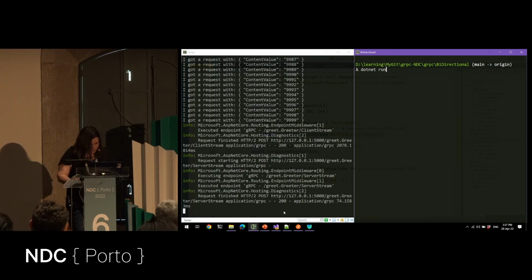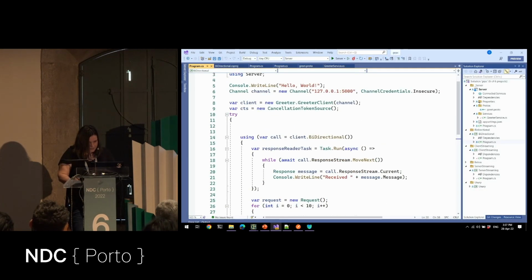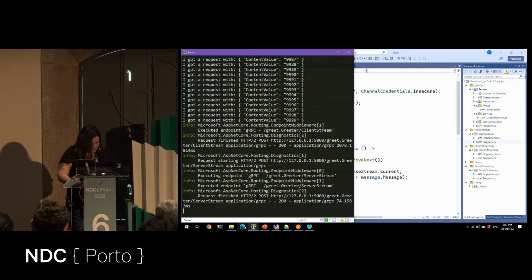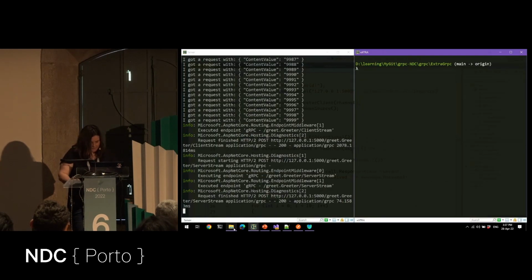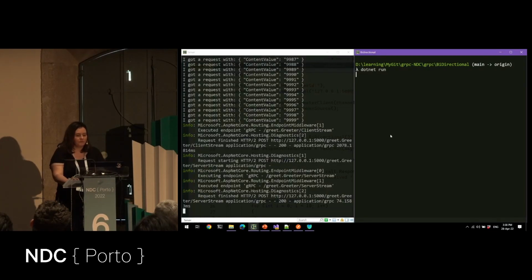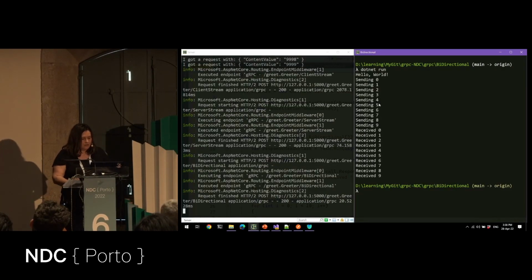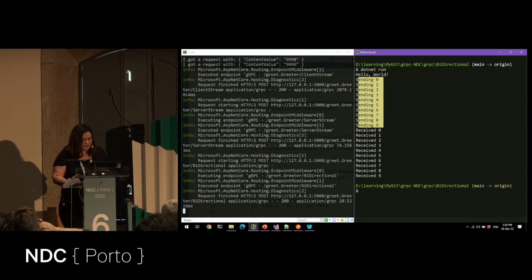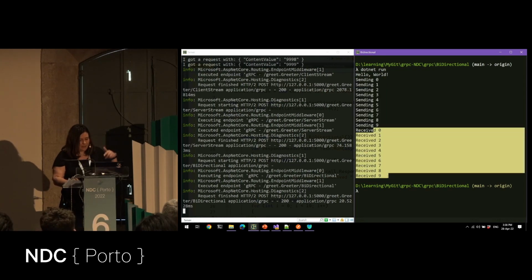Let me make sure I have the right port in there. Yep. And this and this. The order is not guaranteed. Okay, so I'm sending the same I until 10 in the for loop, and I receive the messages with I back.